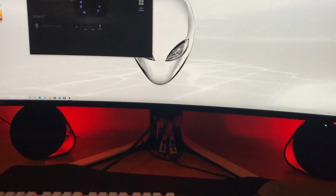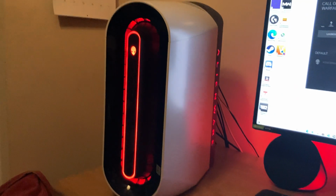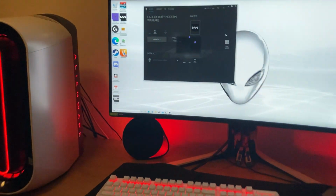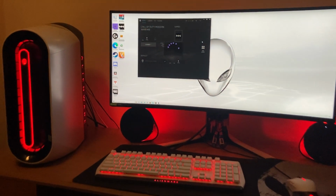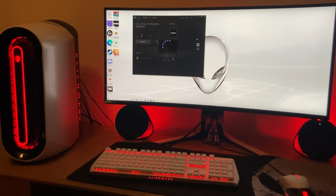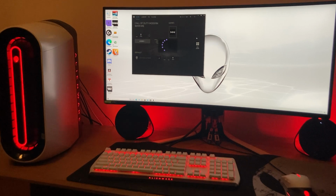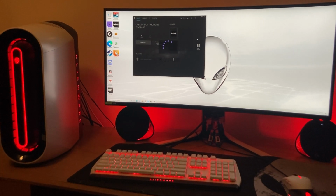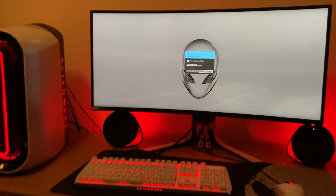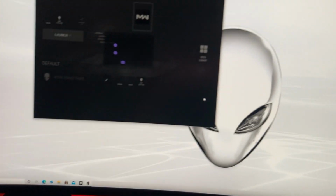Okay, my speakers are red again. I like that. Very red tonight. I kind of like the blue if I'm just relaxing, playing a relaxing, slow-paced game, but I like the red if I'm really playing a competitive game. It brings out that, you know,